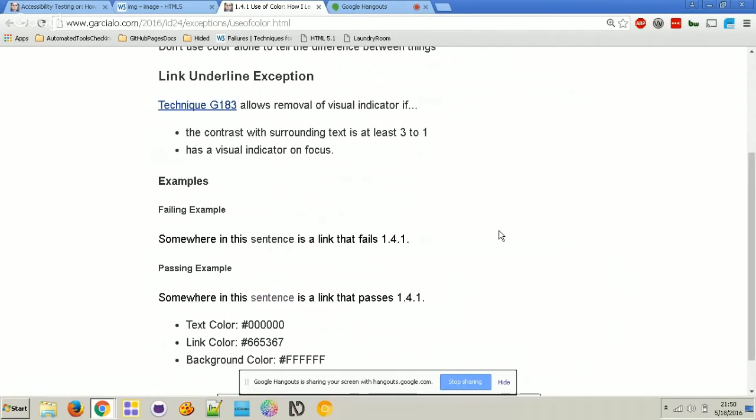Two, make sure that the contrast between the link text and its background is at least 4.5. Make sure that the contrast between the surrounding text and the background is at least 4.5. And make sure that the contrast between the link text and the surrounding text is at least 3 to 1. So you can do one thing, which is stop doing something bad, or you can do something else, which is a lot of extra work that you're going to have to do, and the designers are going to have to think about to actually meet all of these criteria.